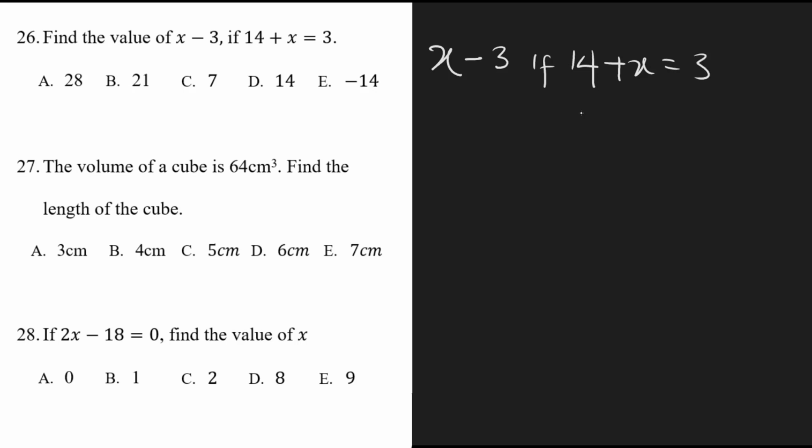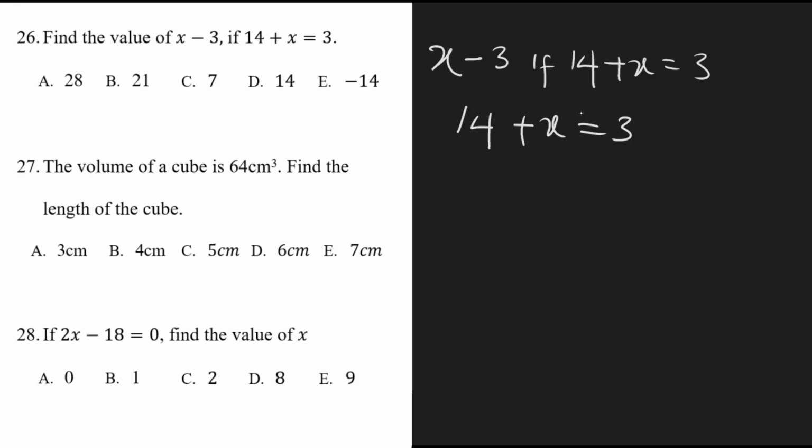So what are we going to do? We're going to solve this equation. After getting the value of x, we'll substitute it here. So let's solve the equation. 14 plus x is equal to 3. So this is an algebraic equation. When we say an algebraic equation, it is a combination of an alphabet and